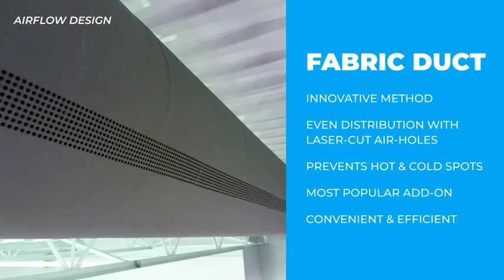With this innovative method, air is evenly distributed along the length of the room through an equal amount of laser-cut precision air holes on both sides, effectively acting as a sort of curtain and preventing hot and cold spots from forming within the space. As both our most popular add-on by far and a highly regarded product in their own right, fabric ducts are not only purchased alongside almost every system we sell, but are also used with other systems